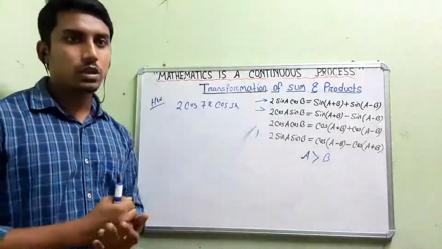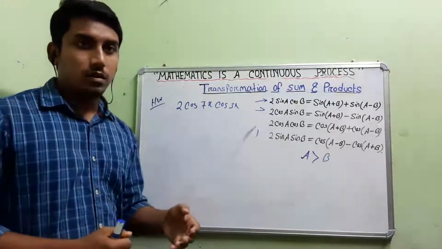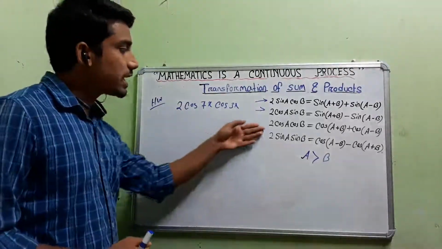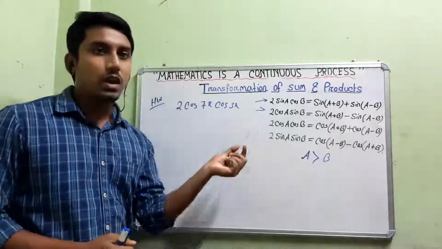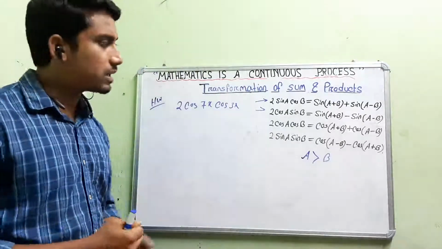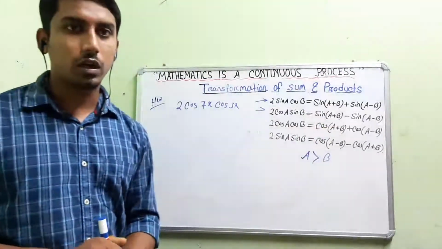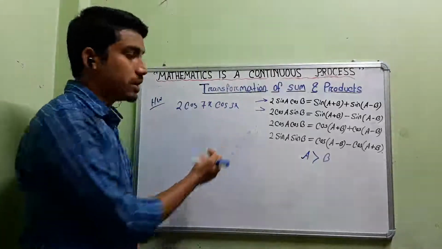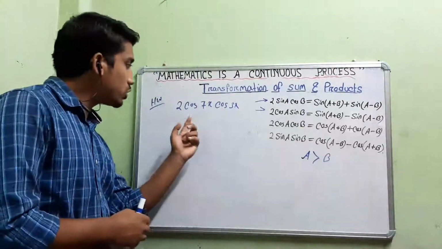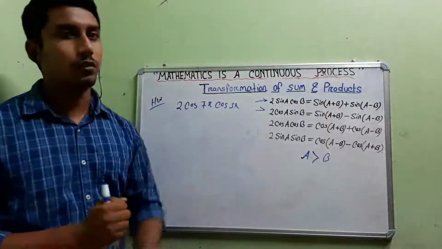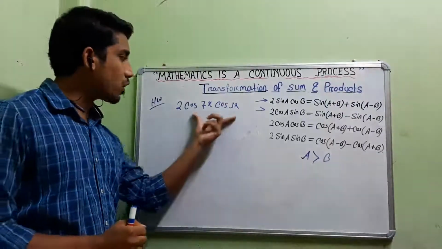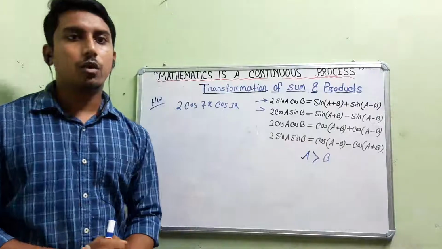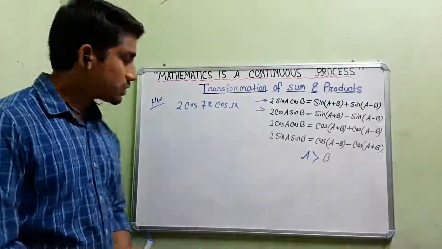One more thing, in terms of cos, there is nothing to think about whether A is greater than B or B is greater than A, because cos is always giving us a positive value only, no? So whatever A or B, it may be greater or it may be less. If both the things are cos, we will blindly follow the third formula, 2 cos A cos B. If this format is coming, then we can blindly follow the third formula. Okay, so this is the thing.